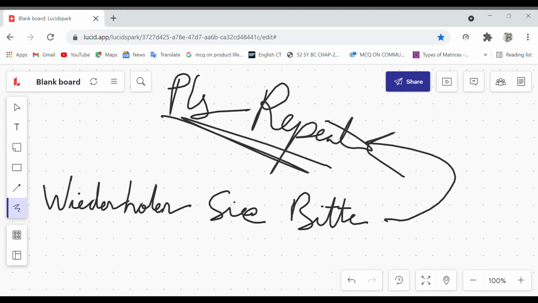Wiederholen Sie bitte means please repeat in German. Understood? Take a screenshot and we'll move to the next one.